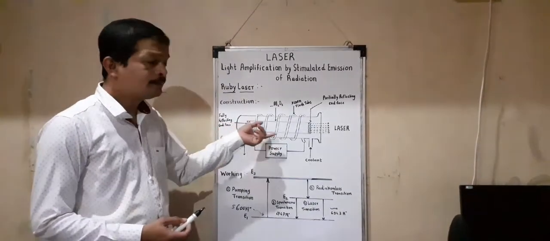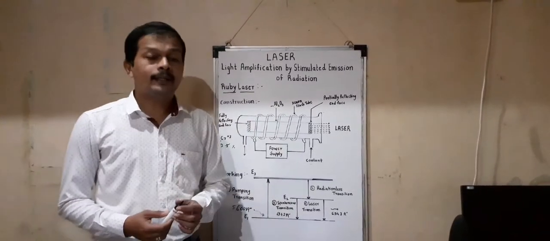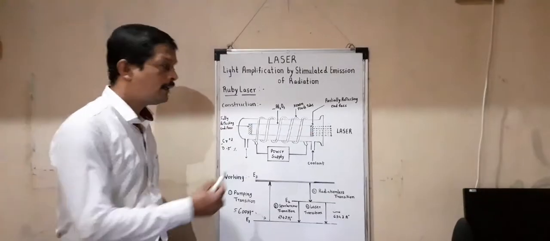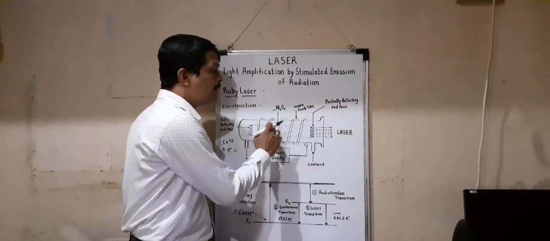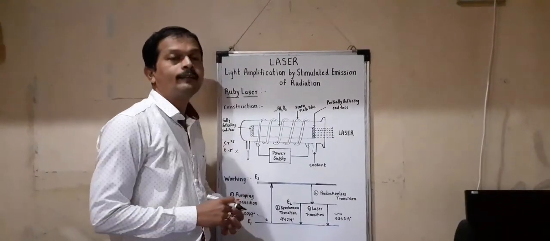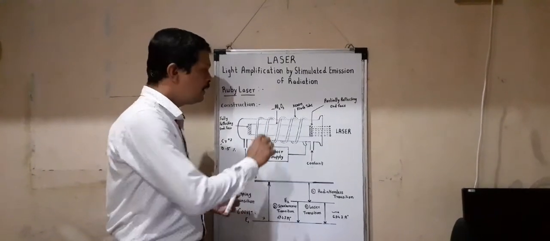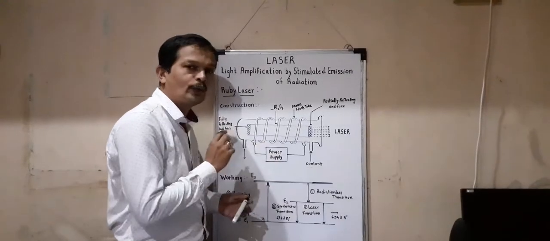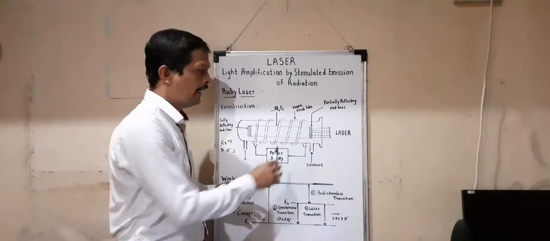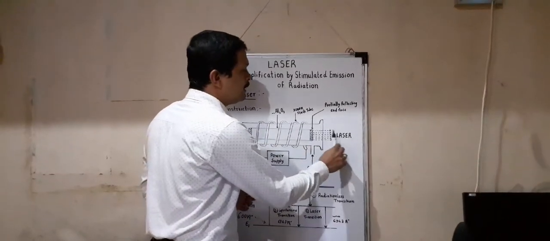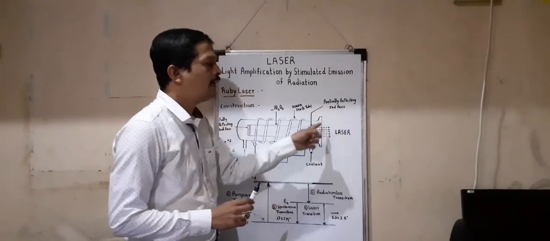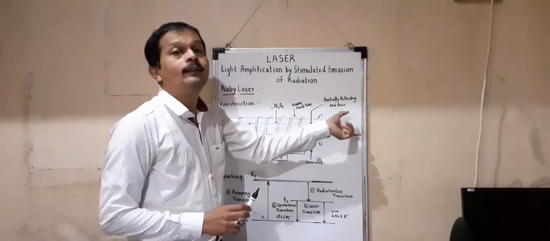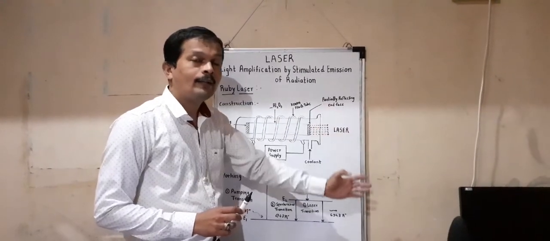The stimulated radiation along the axis starts dominating due to the multiple reflections inside the ruby rod. Those reflections along the axis grow in strength and burst through the partially reflecting end face. That is the output. We get the output as a laser of wavelength